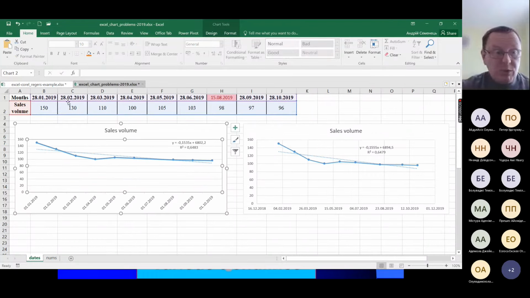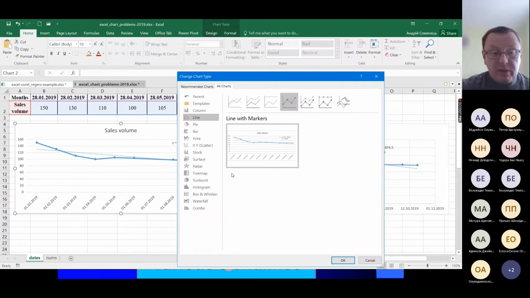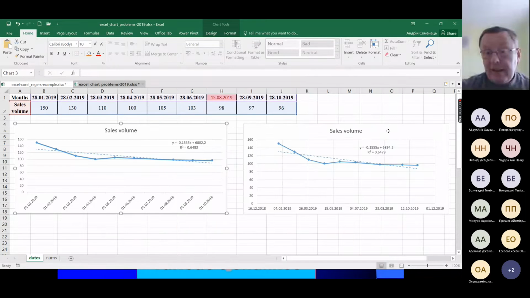So if we deal with exact dates, and especially if the interval is irregular, here we have a line chart for comparison and